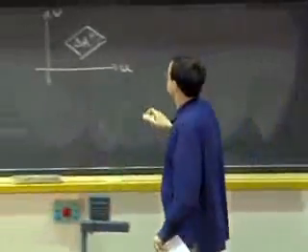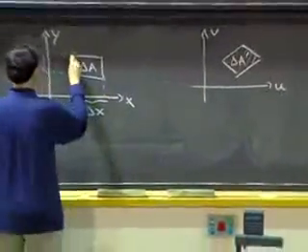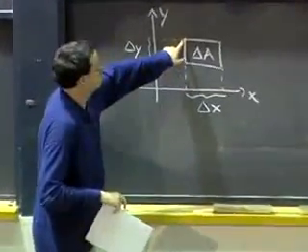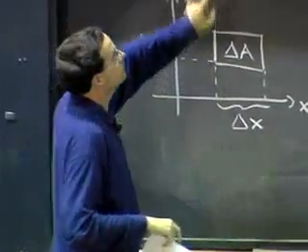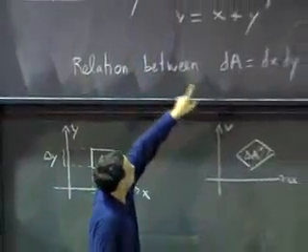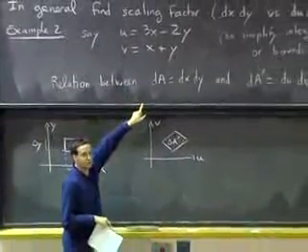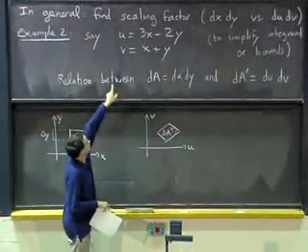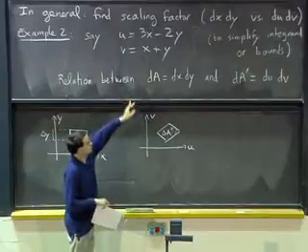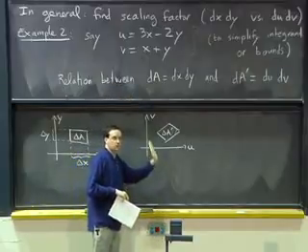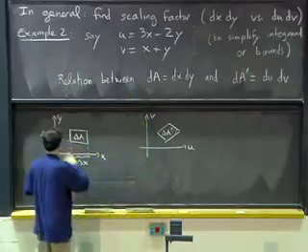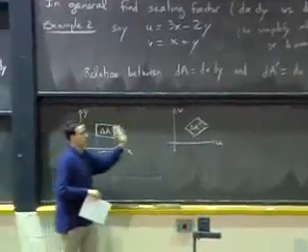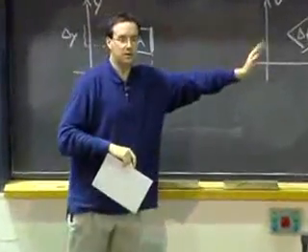Well, see, here, if I look at this side of the rectangle, say this vertical side, it means I'm going to increase y, keeping x the same. If I look at the formulas for u and v, they're linear formulas in terms of x and y. So if I just increase y, see that u is going to decrease at a rate of 2, v is going to increase at a rate of 1, at constant rates. And it doesn't matter whether I was looking at this side or at that side. So basically, straight lines become straight lines. And if they're parallel, they stay parallel.